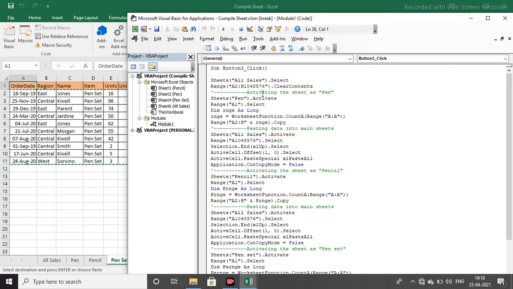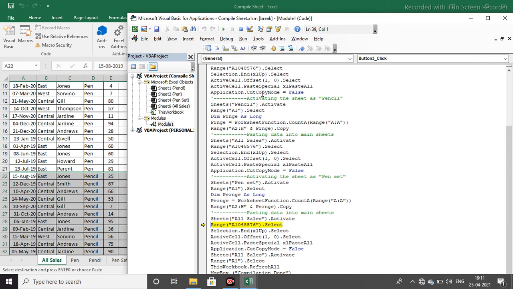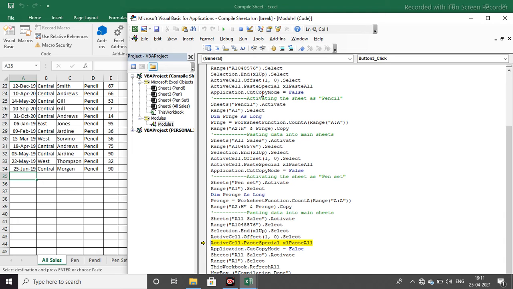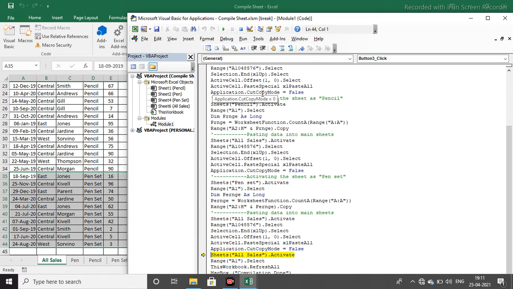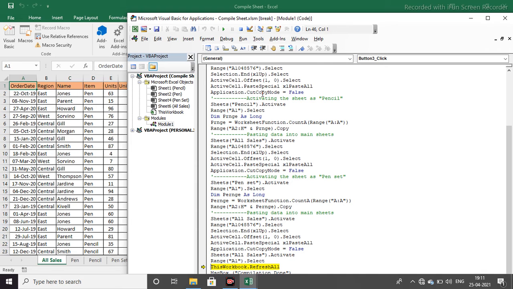The data has been copied, as you can see below behind. After that the data has been pasted. And all sales sheet will be activated.